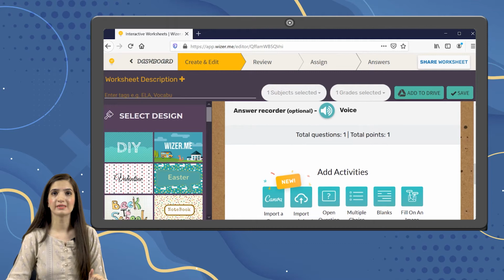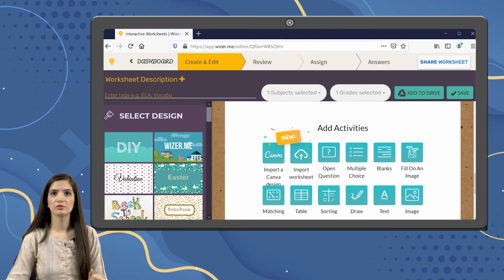In order to assign multiple tasks, you can scroll down and click on the task you wish to assign. Let's take another example of a multiple choice question.